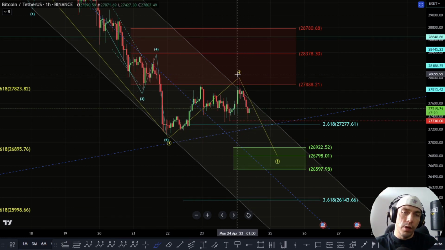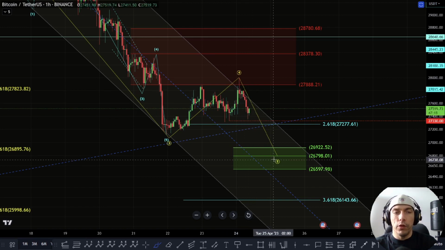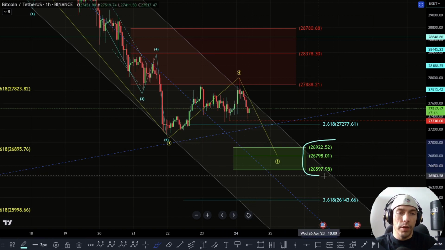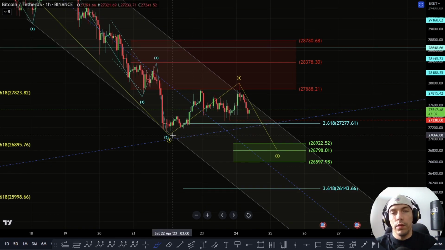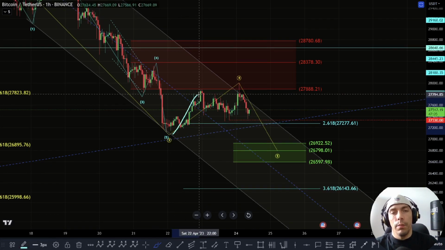So what I want to see here is whether we're actually starting to form some five-wave structure to the downside. So this target range would be here on this 26,922 to this 26,597. It is, however, possible that we could still be within a bigger corrective structure here, where basically we have